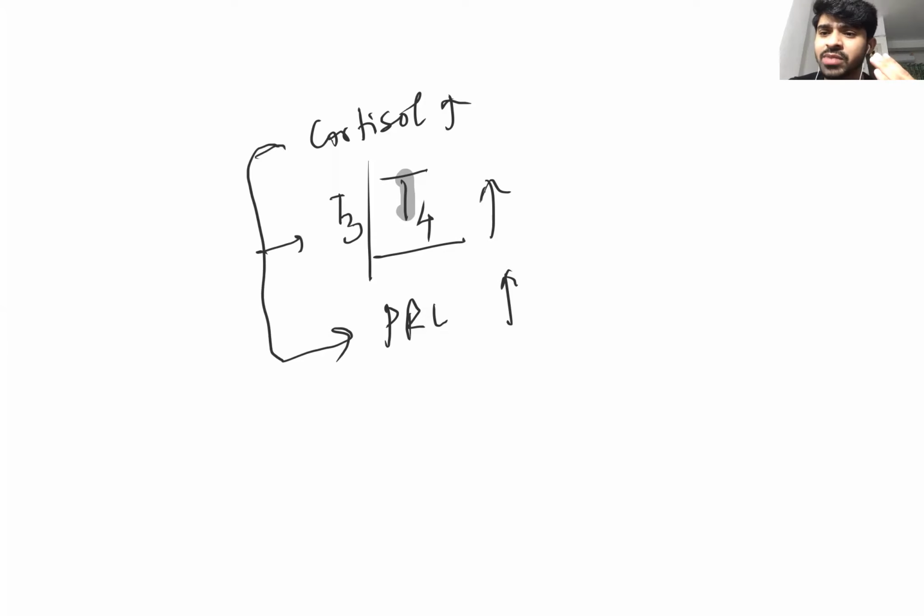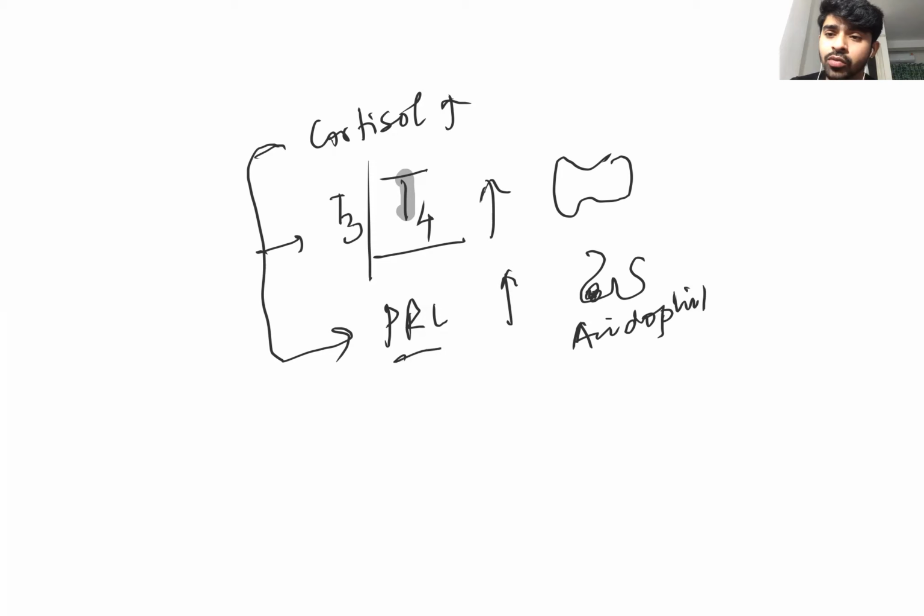Thyroxine is released by the thyroid gland, prolactin is released by some cells of the anterior pituitary that are called acidophil cells. Acidophil cells release only two hormones, growth hormone and prolactin. The other remaining hormones are released from the basophil cells of the anterior pituitary. So the acidophil cell of the anterior pituitary will release the prolactin hormone, also known as LTH, lactotrophic hormone.